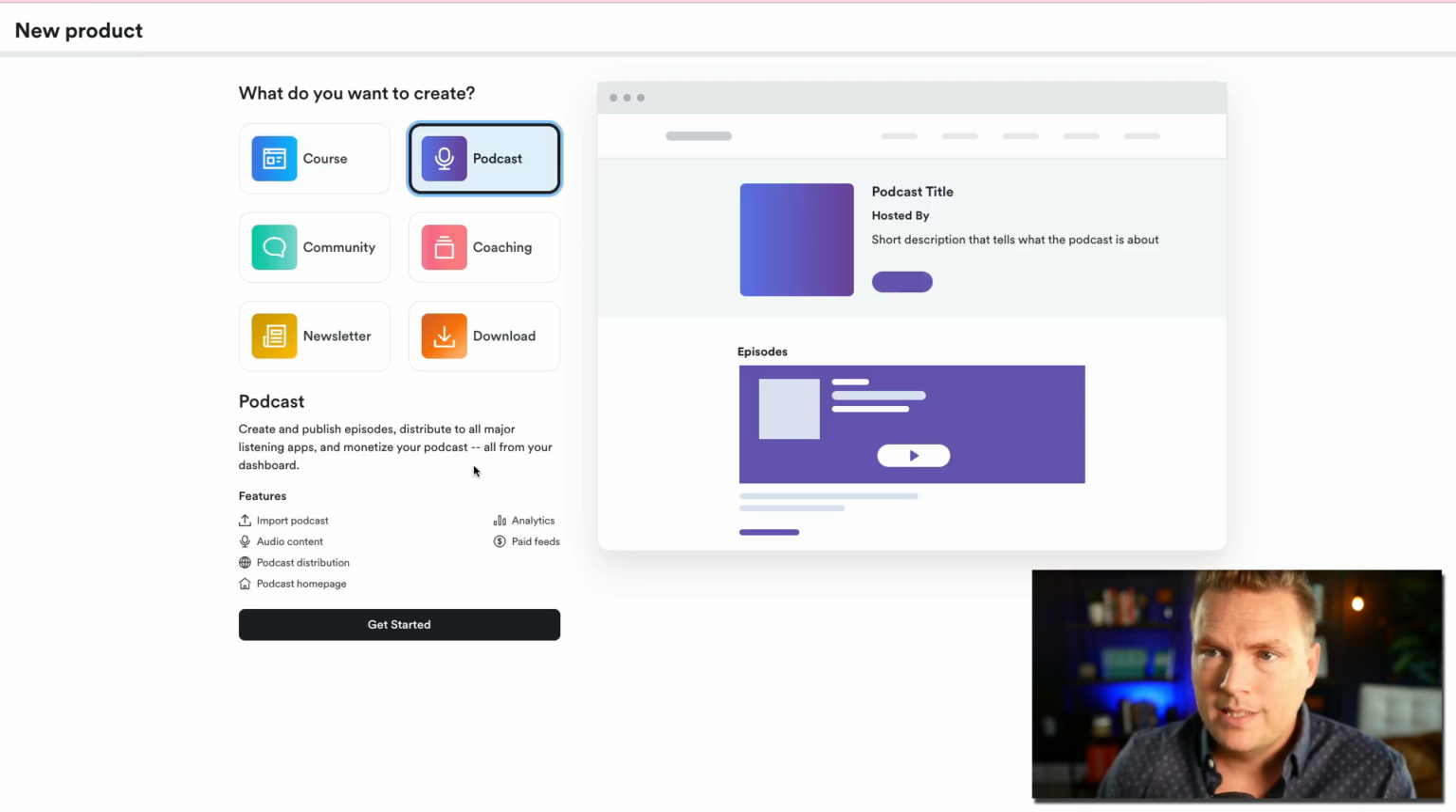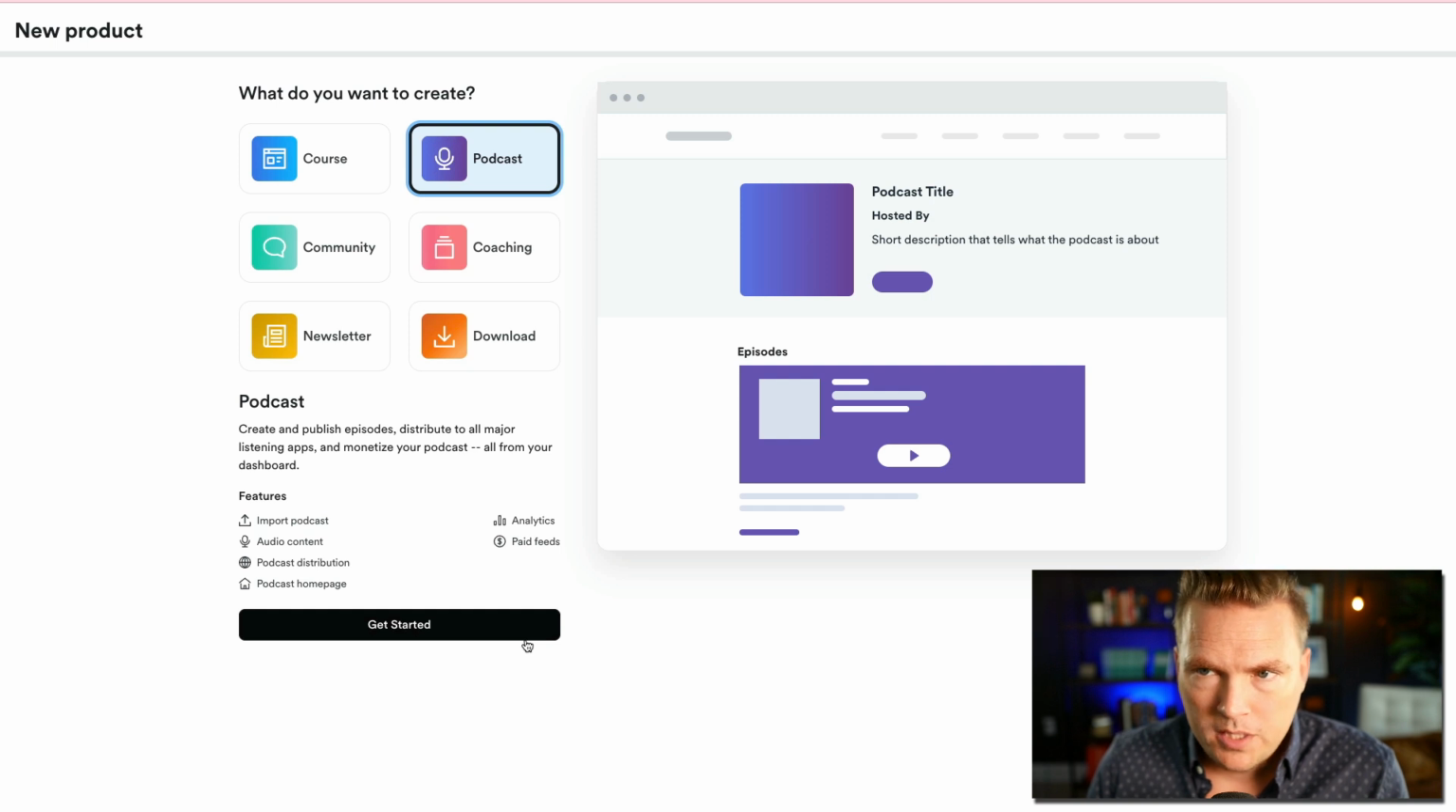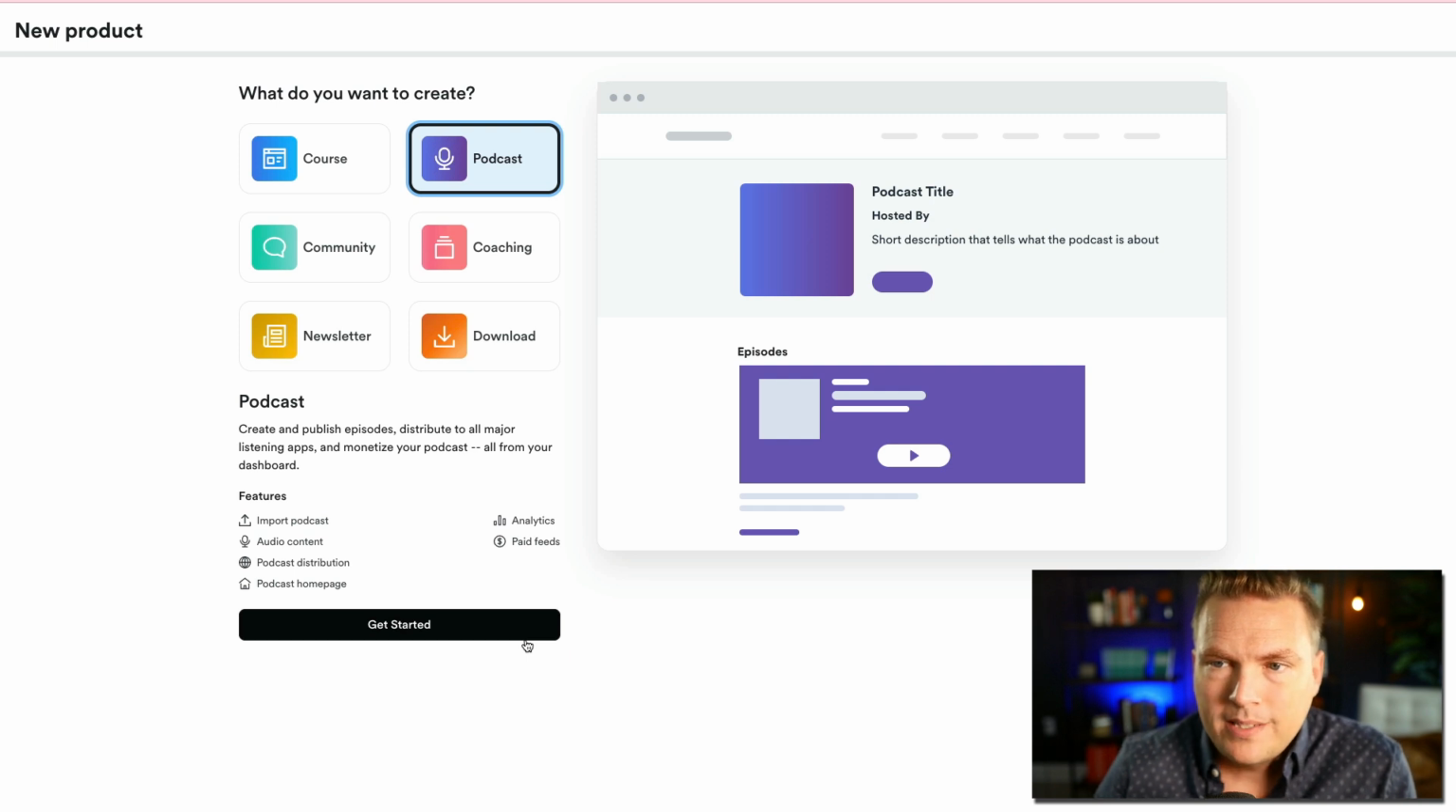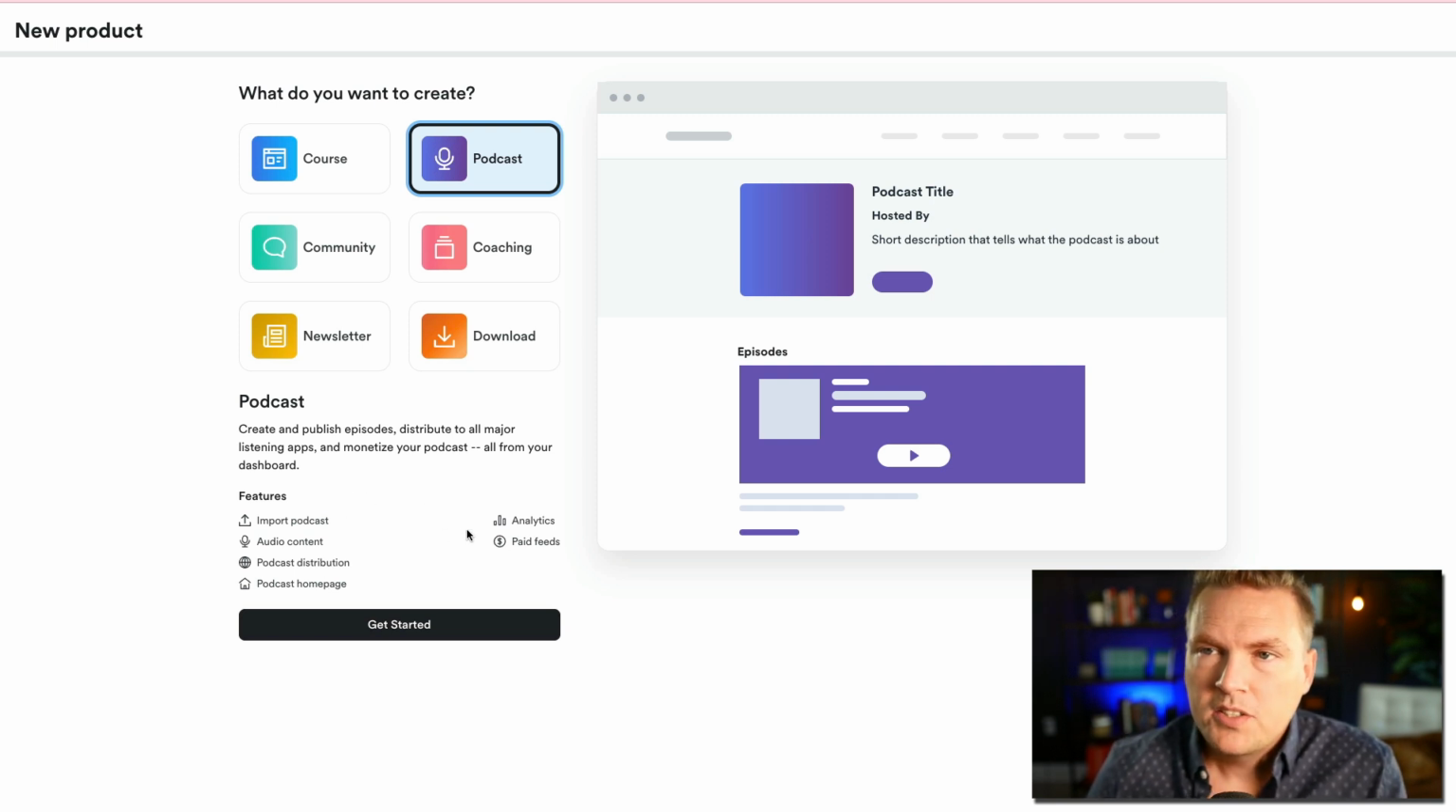Now, podcast, as I mentioned, is also a type of product that you can make. Create and publish episodes, distribute to all major listening apps, and monetize your podcast all from your dashboard. So what makes this a product is if you want to do a paid feed, or I would just put it in the category of content. It's a lead generating tool, unless it's a paid product,